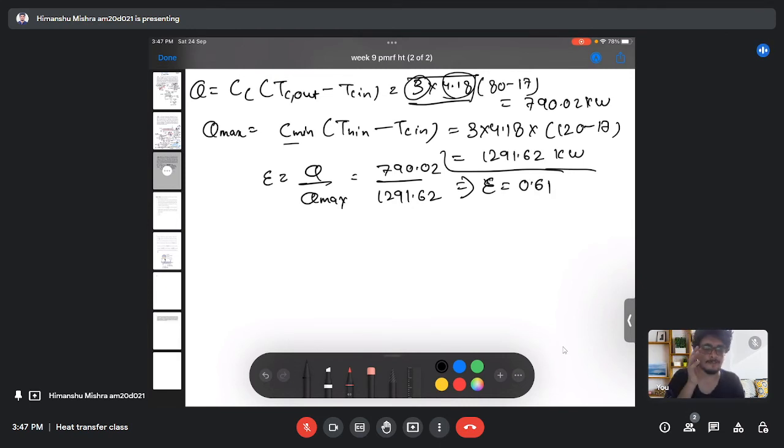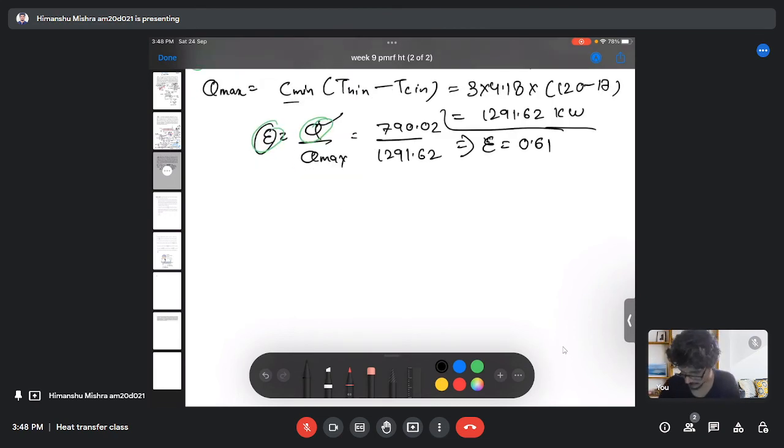So I will get the effectiveness of the heat exchanger as 0.61. You can recall from the previous question that we first found the effectiveness and then we found the actual heat transfer. But here we first found the actual heat transfer, and then we found the effectiveness. Now,